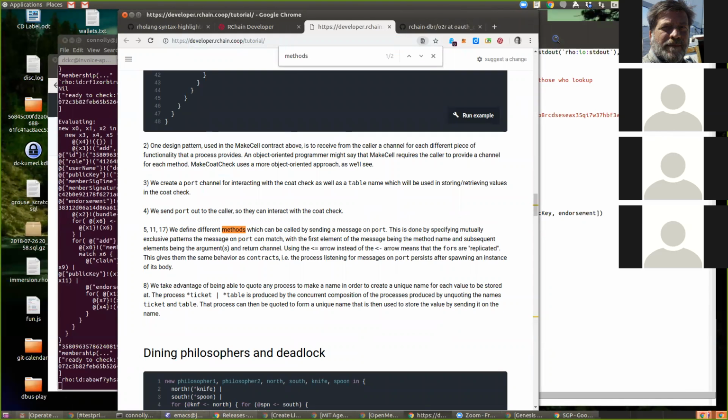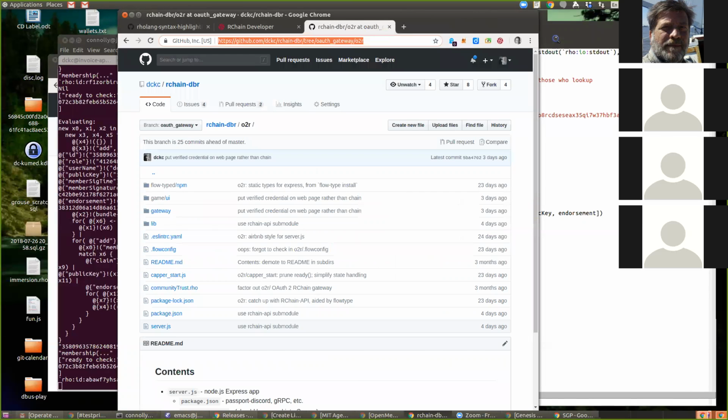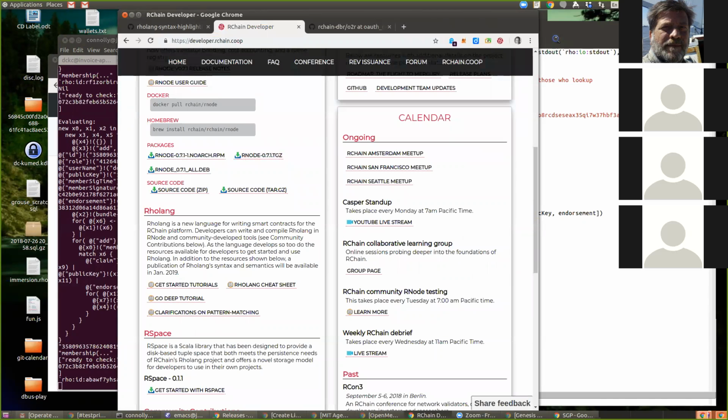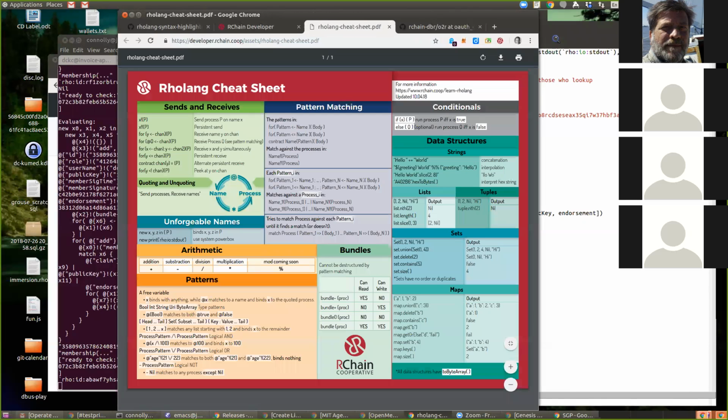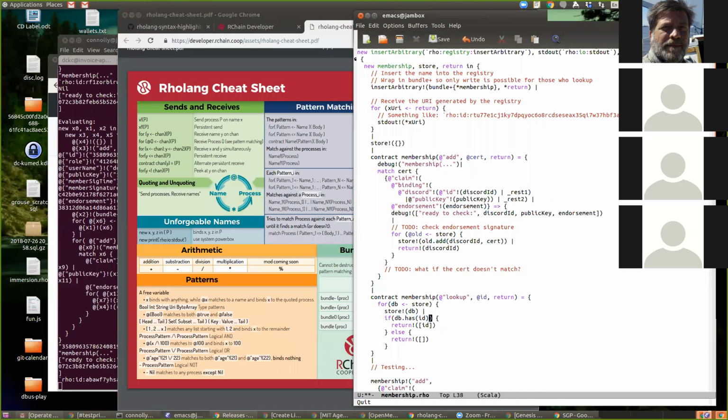Let's see. Cheat sheet, I think, has them. Contains.